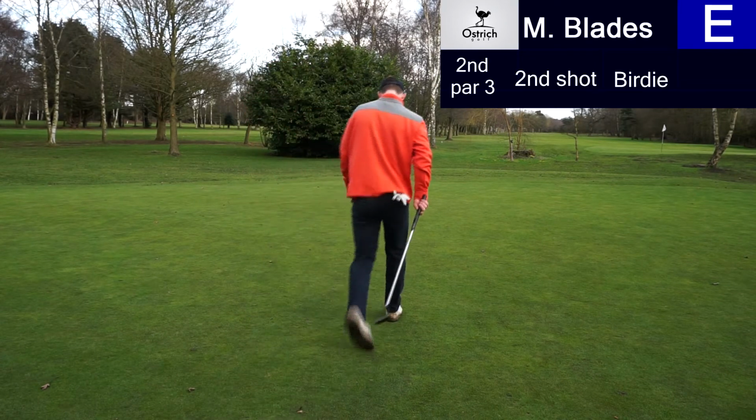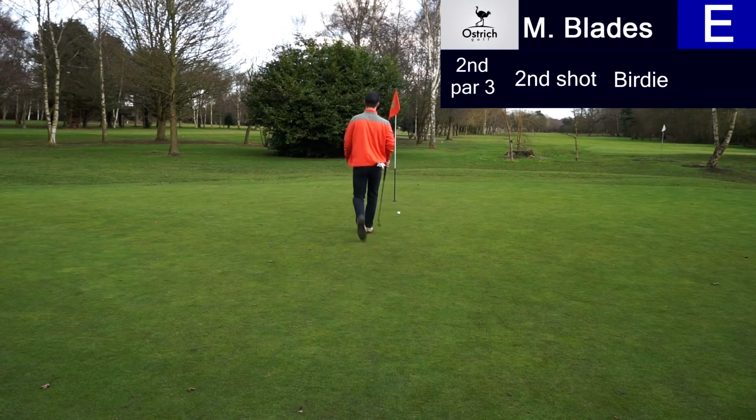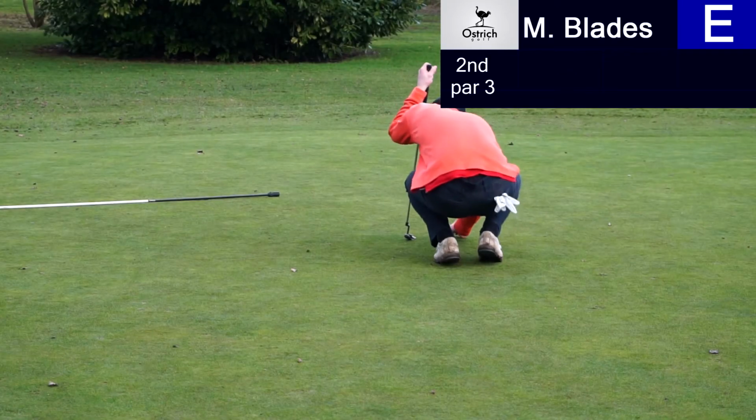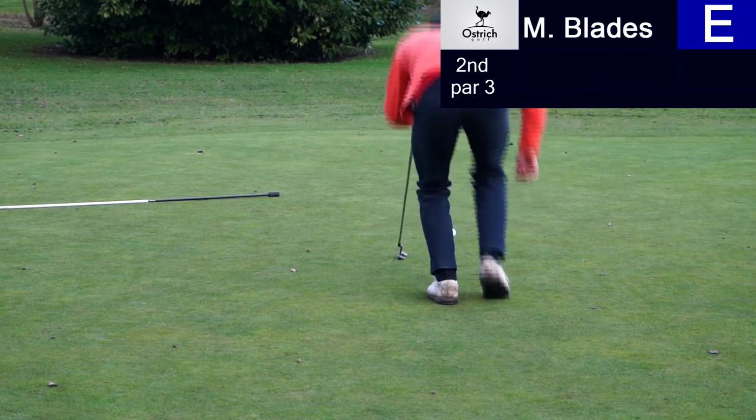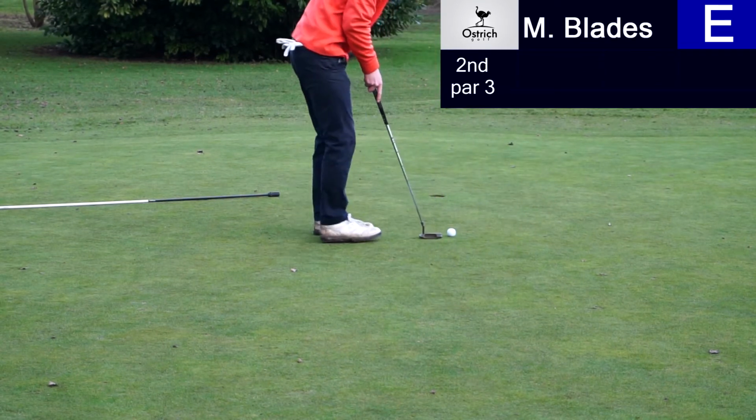But again, with the putting, I was struggling again with this putt. Great read, just didn't hit it. And now I was thinking, for God's sake, there's more golf in this. I've just had to play. I'd have a decent putt for bogey on the last hole, and I've got a bit of golf left in this